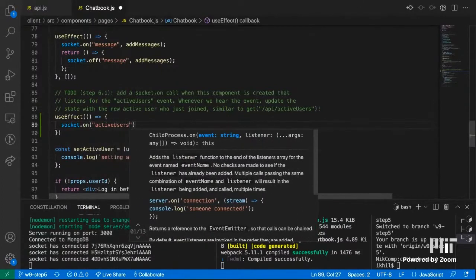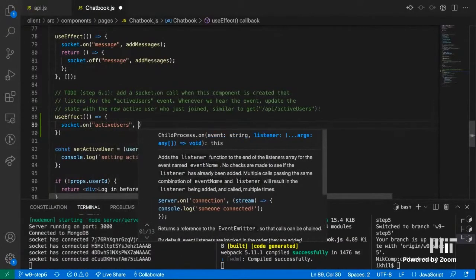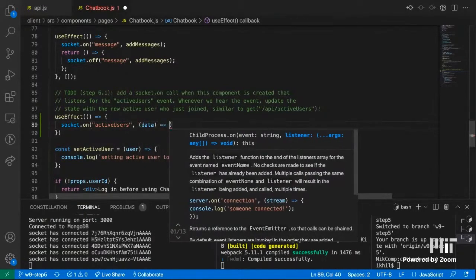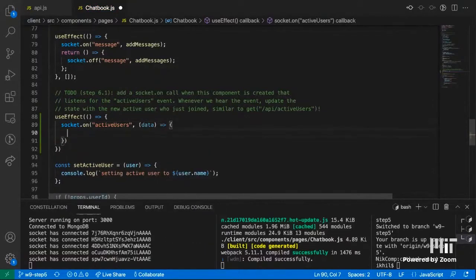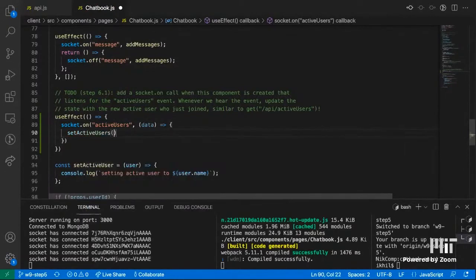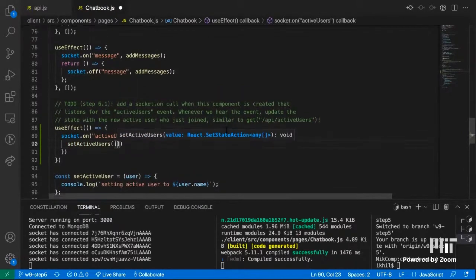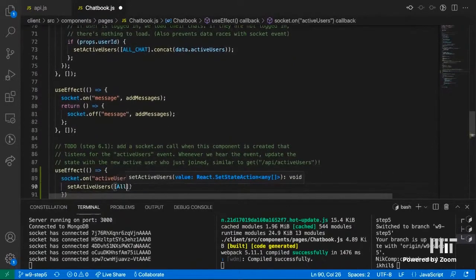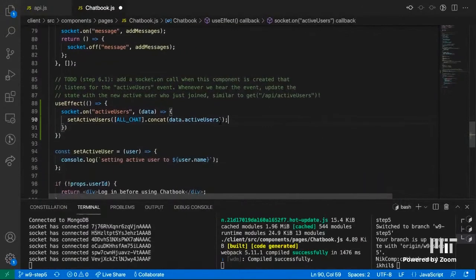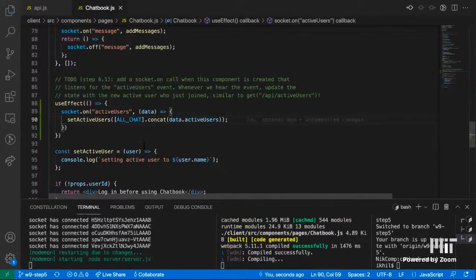So socket.on activeUsers, and then we're going to pass in a callback that takes in some data. And we're going to use that data to set the active users to the exact same thing as with the GET request. So allChat.concat(data.activeUsers). And now we could just leave it at this. However,